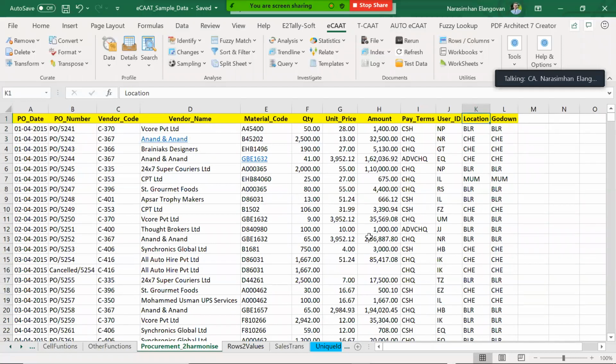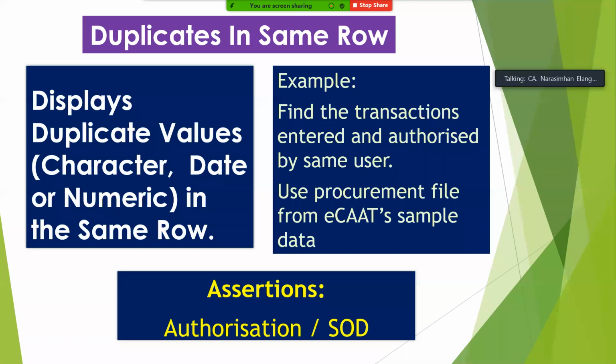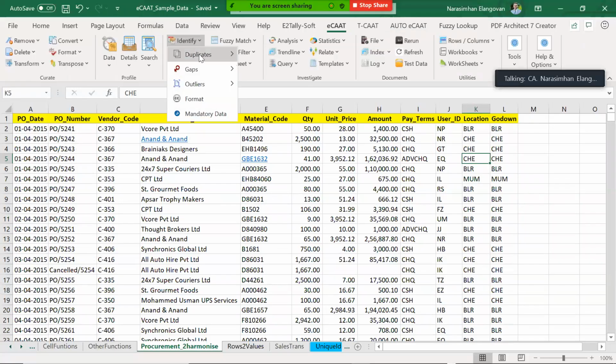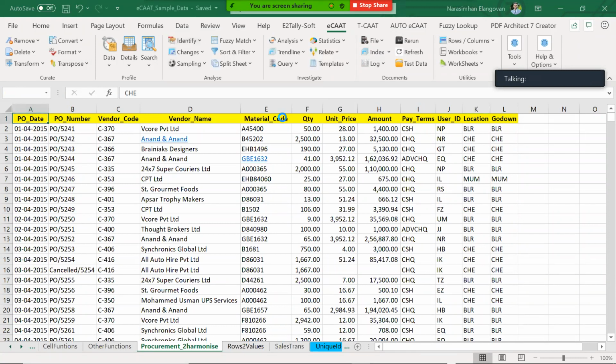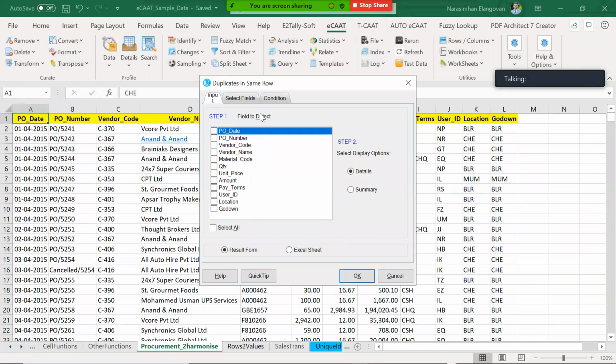Whether location and godown are the same or different, we have to check. In the procurement file, whether location and godown are the same or different, we can check. Okay, and this is duplicates in same row. Identify duplicates in same row. So what is the field I want to detect? I want to detect location and godown. Let's run this.